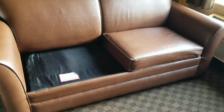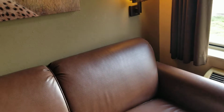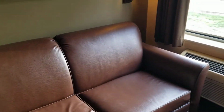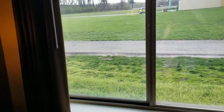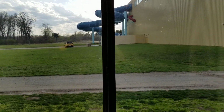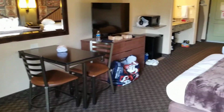So these pull out, so you would have sofa bed, and so you can put 6 in here really easily, kids or big kids. Our kids are all under 12, so that's not a big deal. And then your room view is the back of the water slide, and you're in the middle of a resort, so it's pretty easy for you to get back to everything. But it's a really good room, and if you can get it, I'd recommend